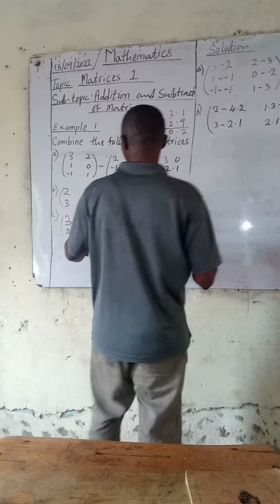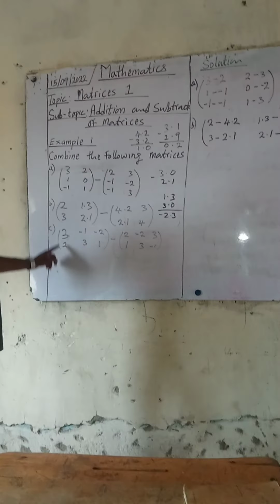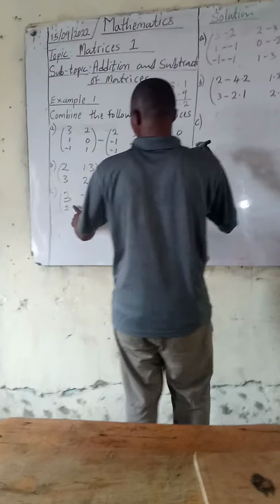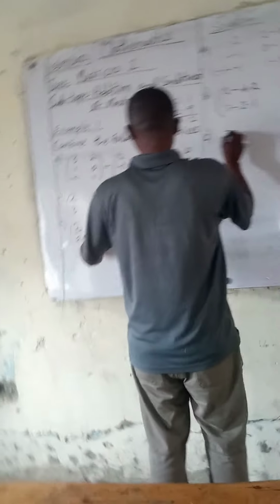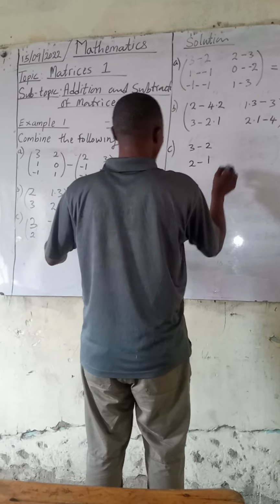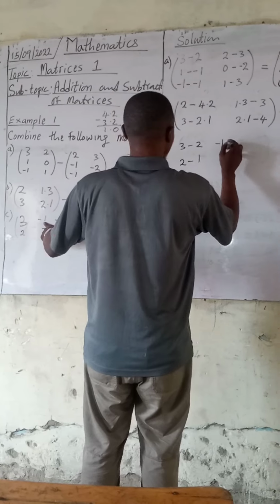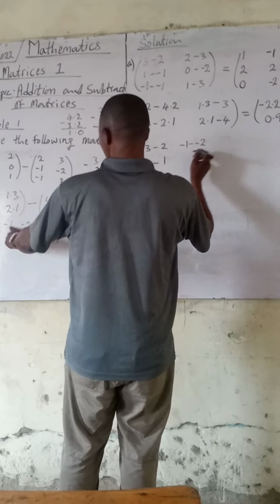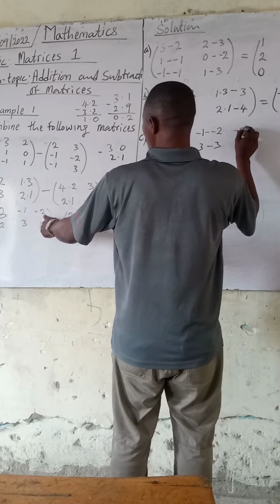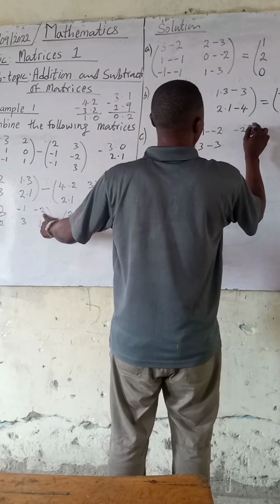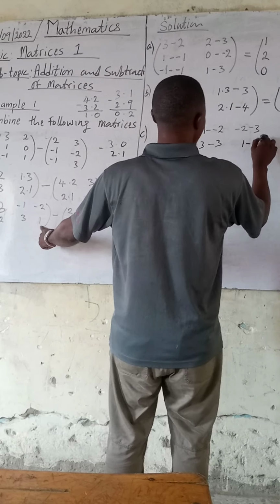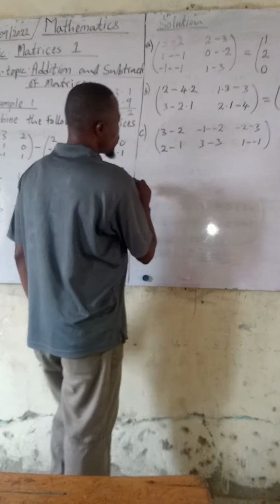Then number 3. This one now is a 2 by 3 matrix. So let's now subtract them. We have 3 minus 2, 2 minus 1, minus 1 minus 2, 3 minus 3 minus 2 minus 3, 1 minus 1. As we now have it,